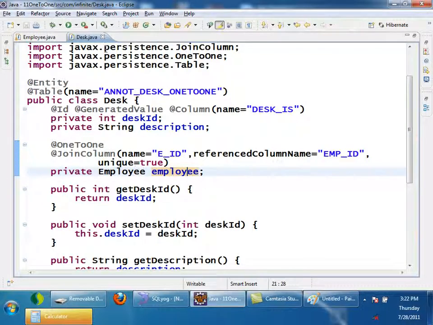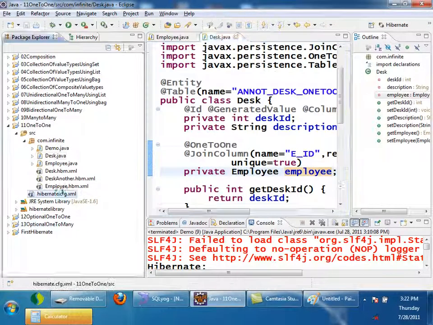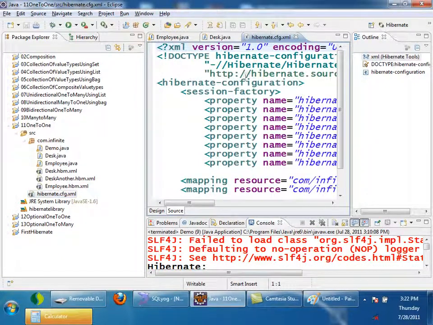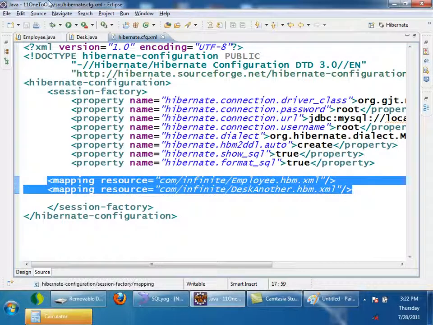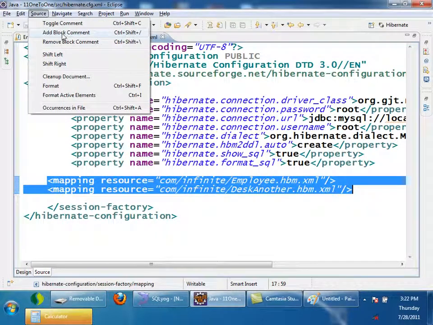Now I'll see whether the tables are created correctly or not. If I have to check in cfg.xml, I have to remove this XML file mapping and use a class mapping.